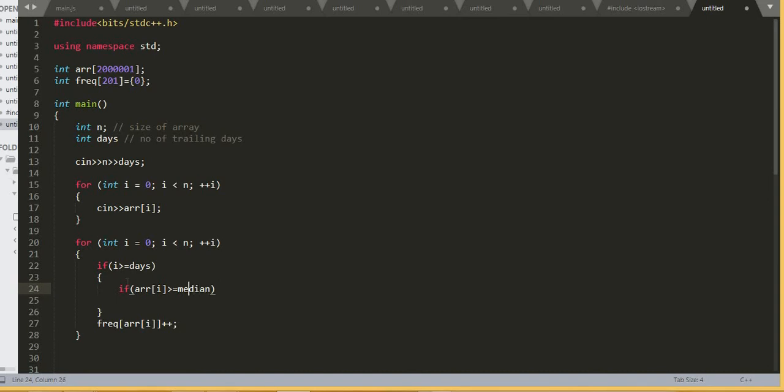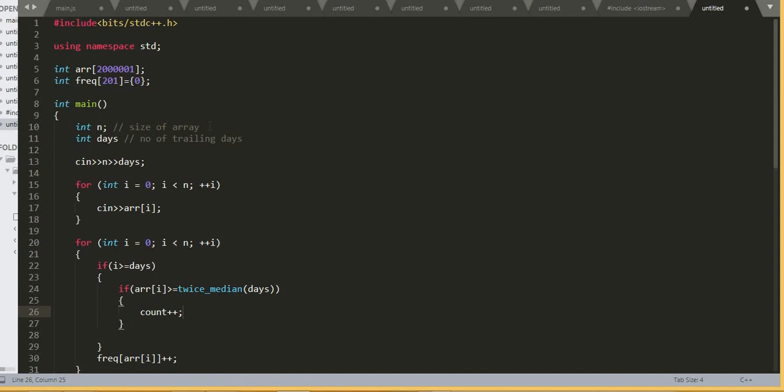So let me write twice median, and I'll pass here days, trailing days, to my function, which I'll write shortly. And if this particular condition matches, I will be incrementing my count.